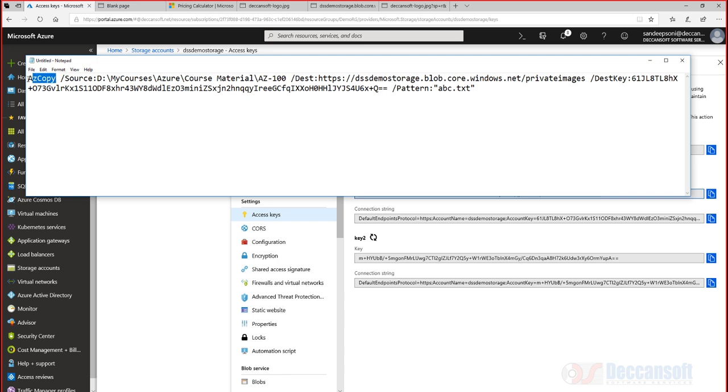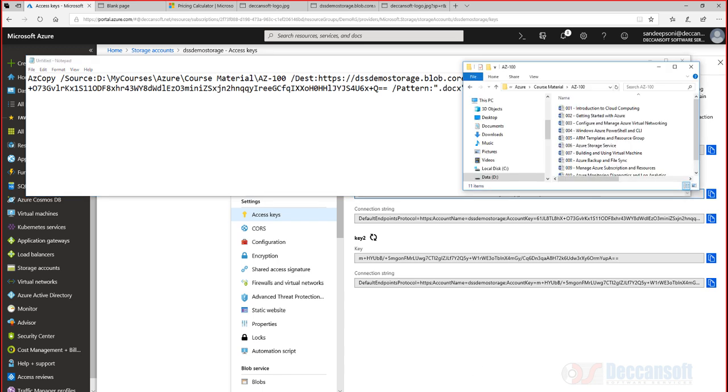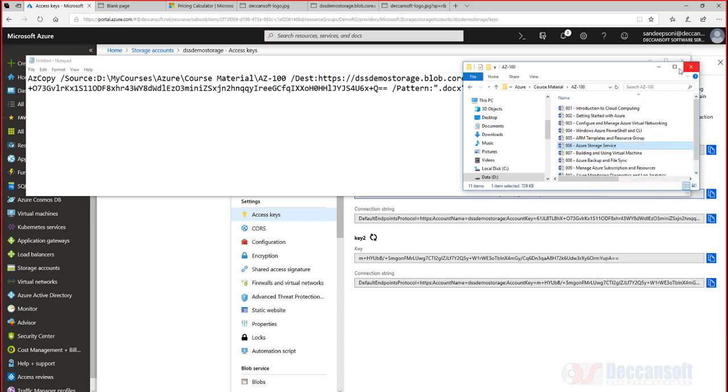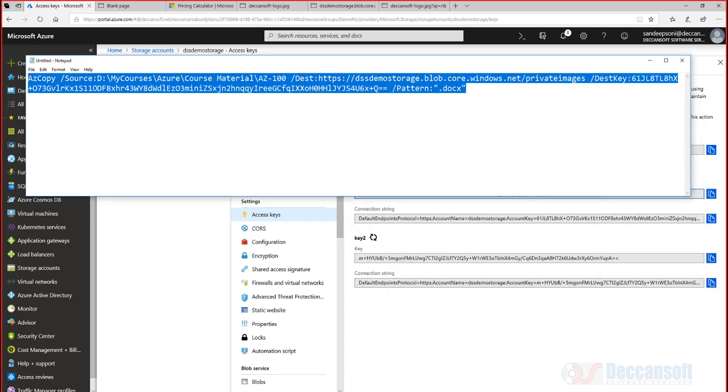I can use this command even to copy from one storage to another storage. And I want to upload all those files which have the extension docx. I hope it's docx. And that's it. Now copy this command,